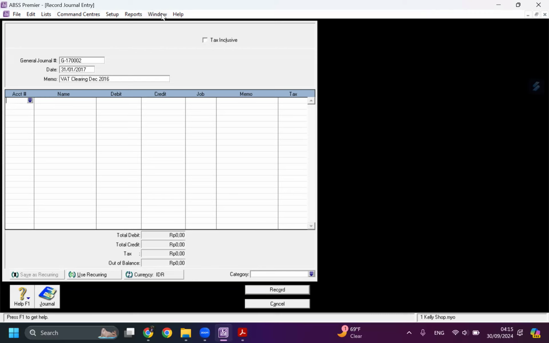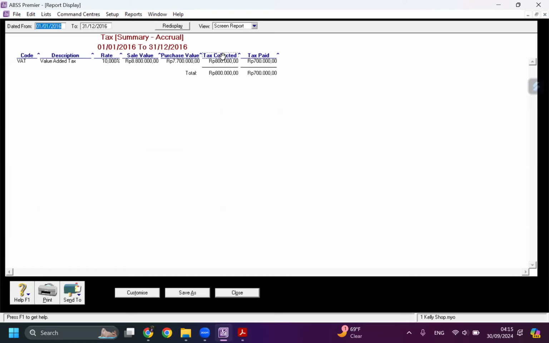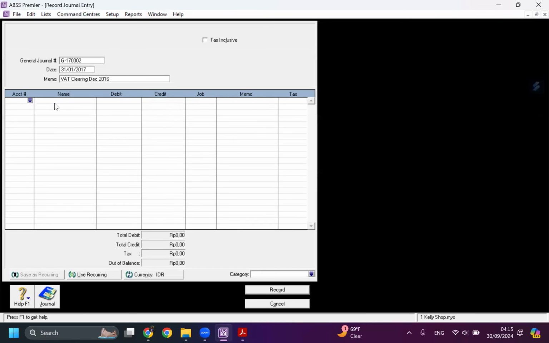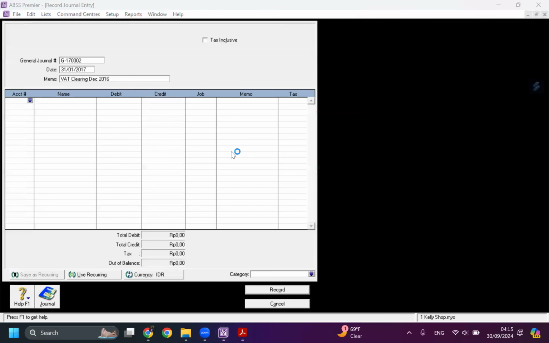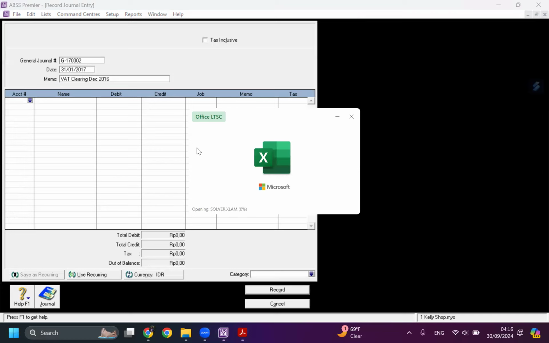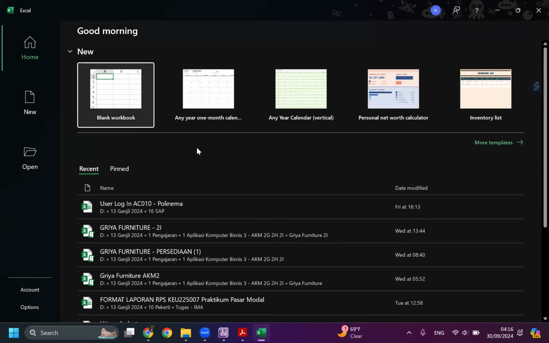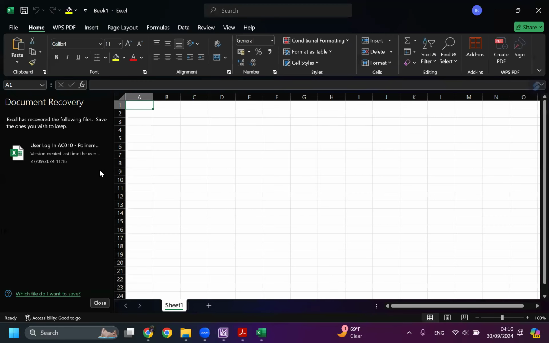Okay, let's move to our report before. Yeah, we don't have more information here. Which one is it located? Tax paid? Is tax paid located on debit or in credit? Or perhaps this one is in credit? Yeah, I have one clue for you. Okay, I will put on Excel. Yeah, you can bring your own notes and you can take notes. You can count on your own Excel perhaps.